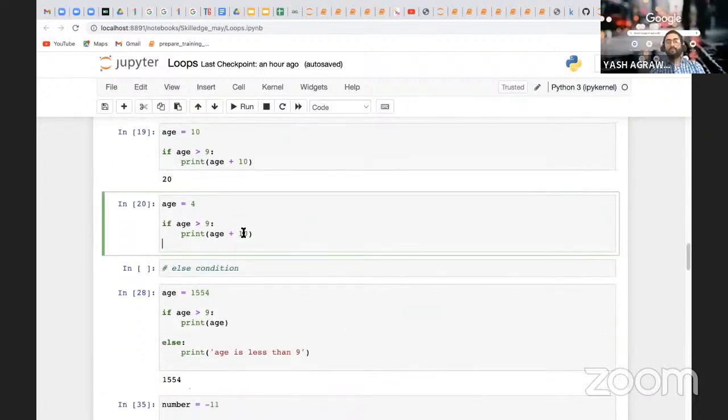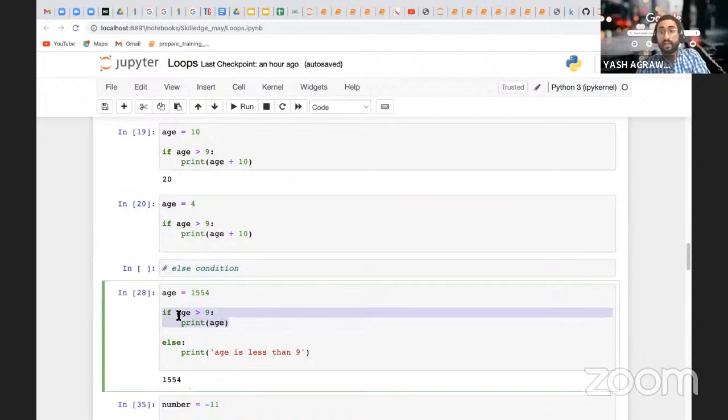Sir, but I want at least some answer if the condition is not satisfied, some wrong answer or type error, some kind of indication. So in that case, we have the else condition. Whatever is not satisfied in the if condition will pass to the else condition. If it is passed in the if condition, we don't need to move to else.